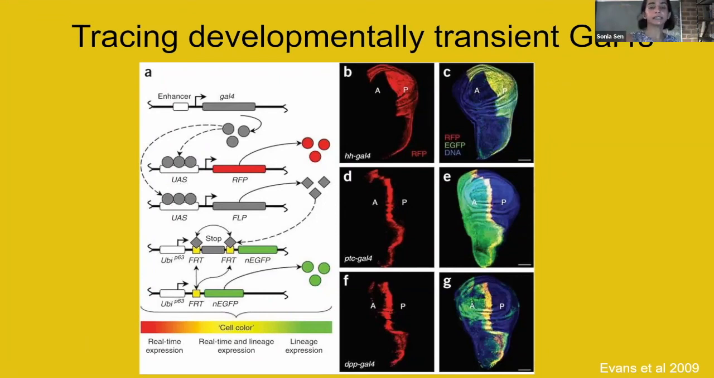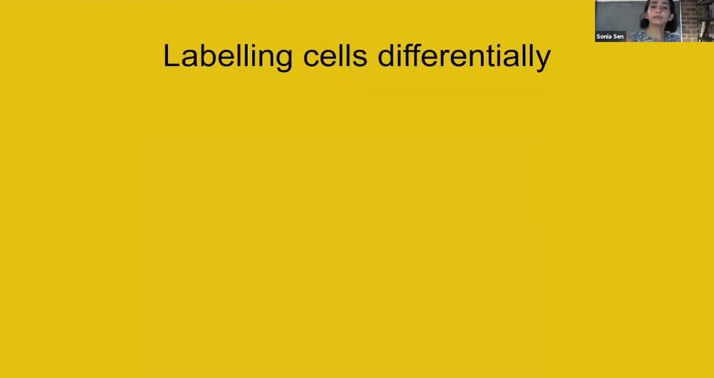So G-TRACE is really efficient if you're working with a GAL4 line that you're not sure of what its expression pattern was in earlier developmental time points. So that's G-TRACE. Another very useful way in which clones have been used especially in the nervous system is to